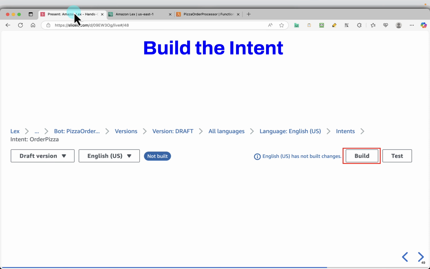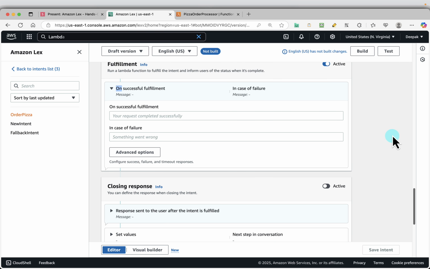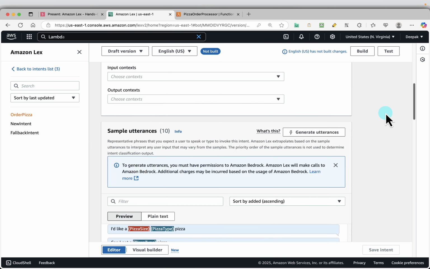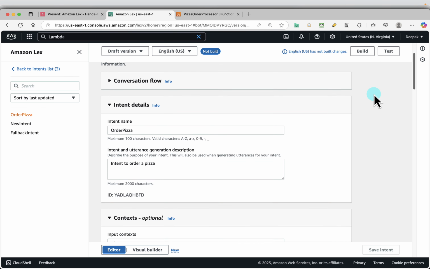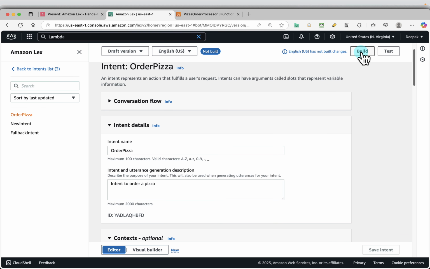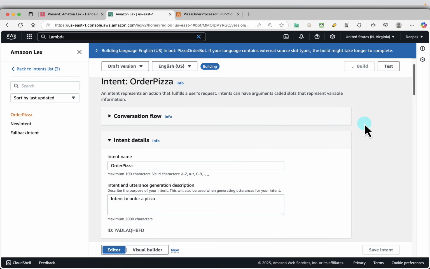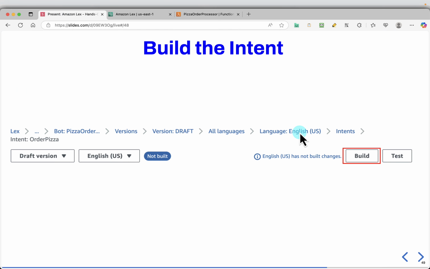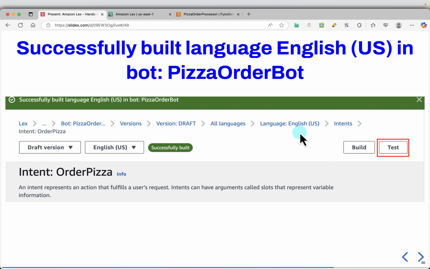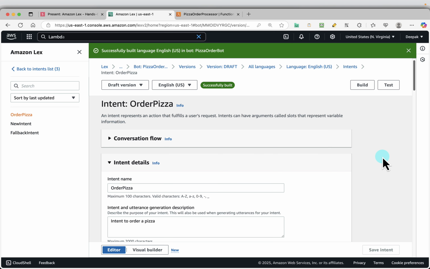Now after saving the intent, we will build it. If you just scroll up, this screen will always be here. So click on build. Once the build is ready, we will be able to test it. Once you see successfully built, next we will test the bot. So click on test,